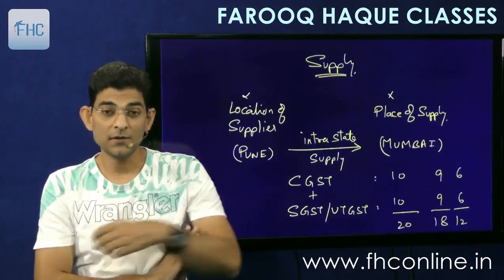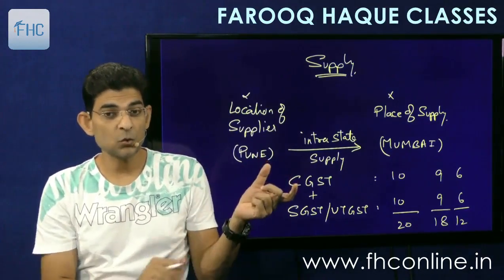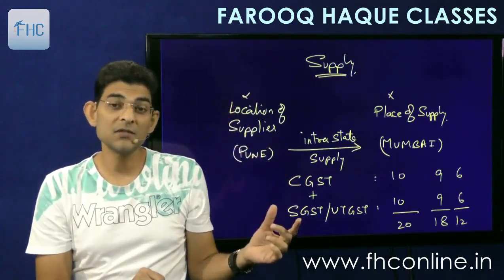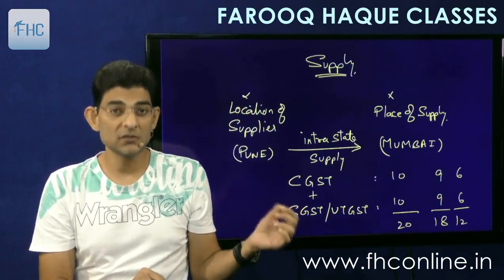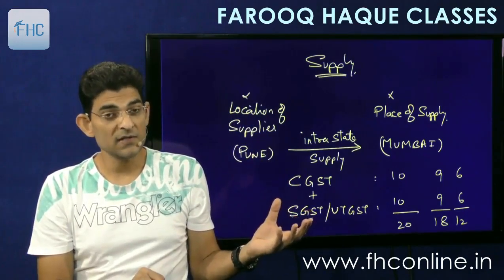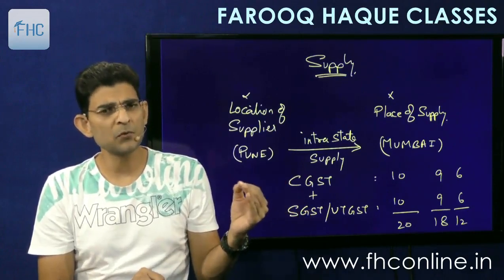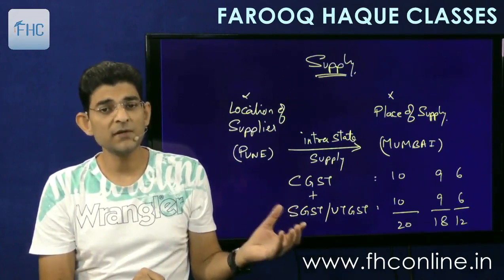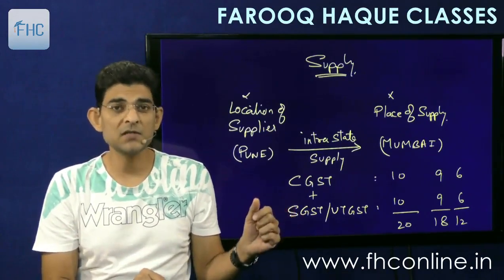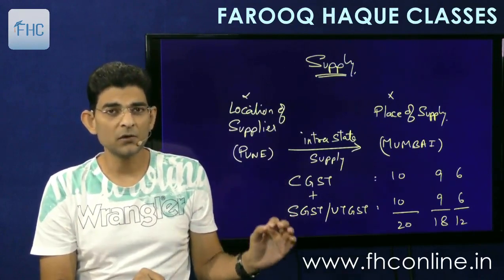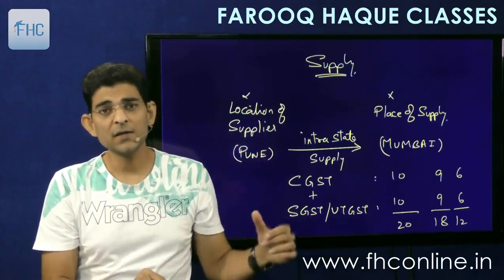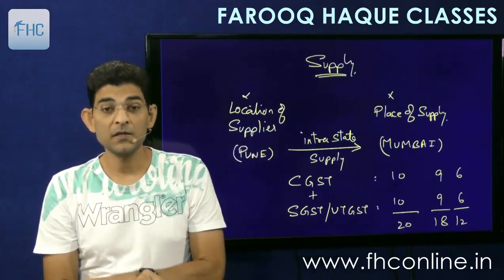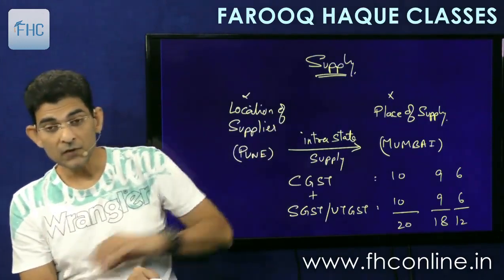So you understood the three laws we have covered here. CGST has its own law, which we are going to study now, the CGST Act. Similarly, you have the SGST Acts in each state. These SGST Acts will have almost common provisions as the CGST Act. All the laws will remain the same. The only thing is that it is for the imposition of Maharashtra State GST. Then there will be a law in Karnataka, in Tamil Nadu, in Gujarat, MP, Uttar Pradesh and everywhere. Similarly, the UTGST Act. So these are three laws.